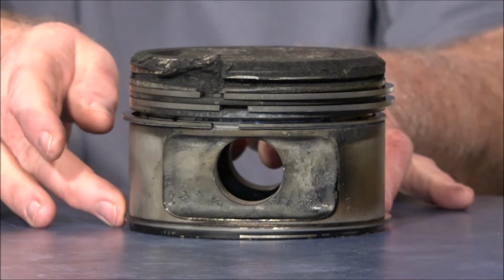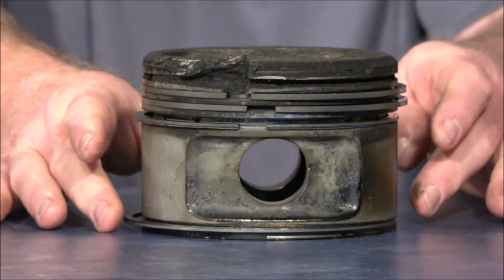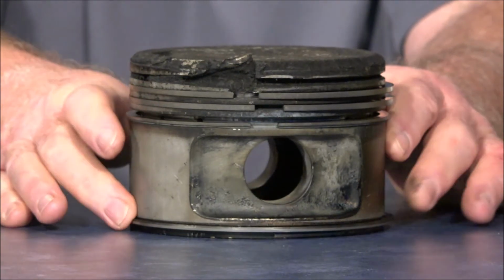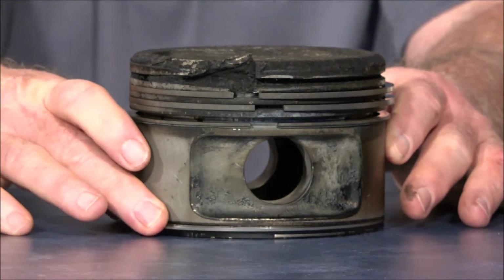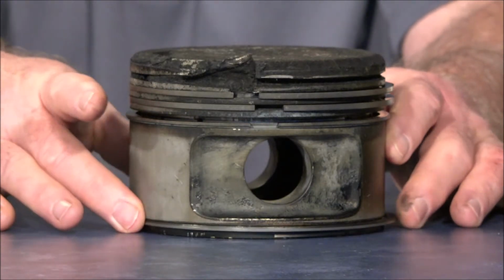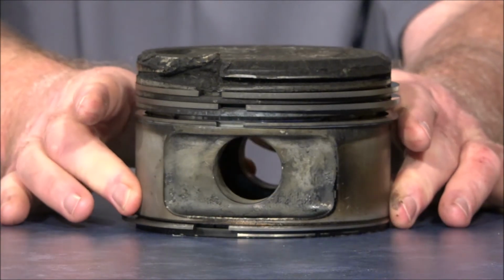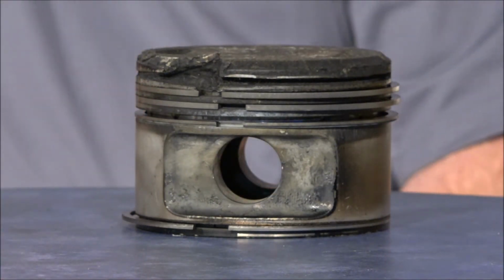So this break in the rings. You said when they're inside the cylinder, there's just a very, very small gap there. Yeah, it's compensated for expansion. They have to be in the spec. So do those gaps ever line up with all three rings? You hope that they don't, but they do rotate because those